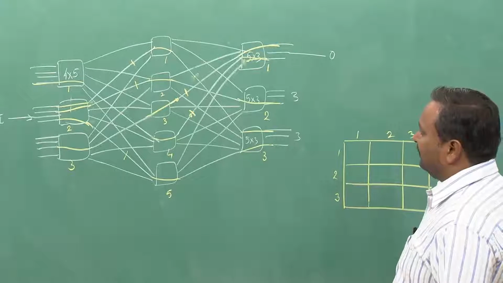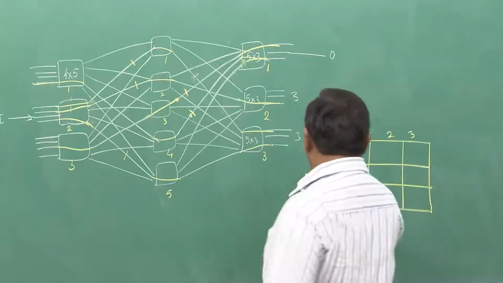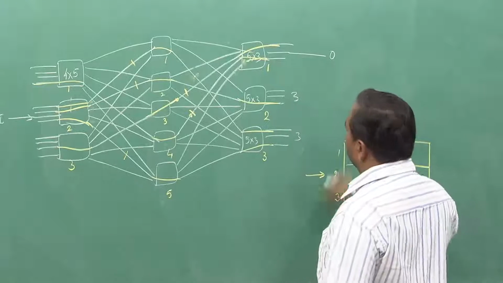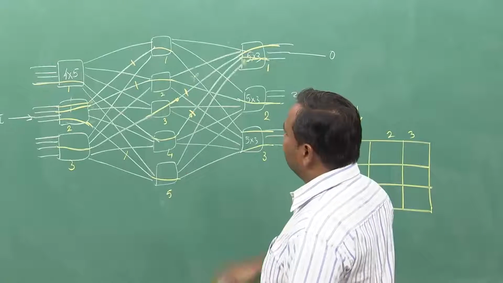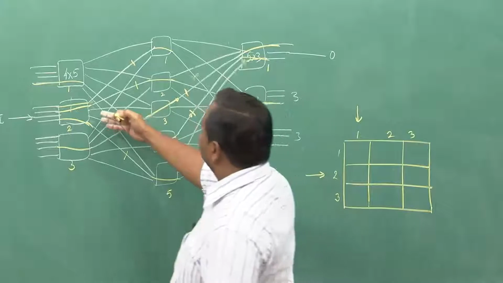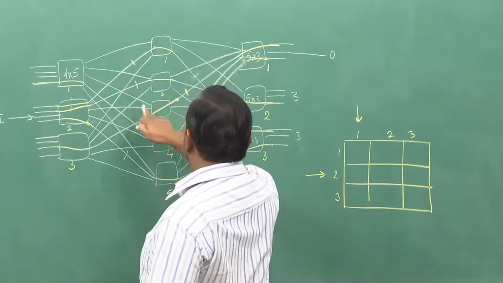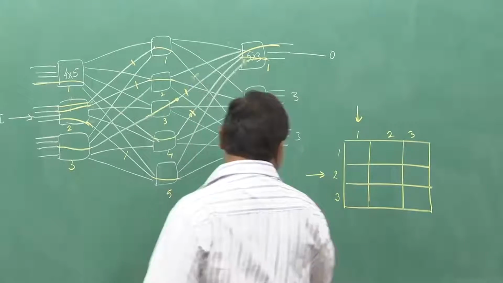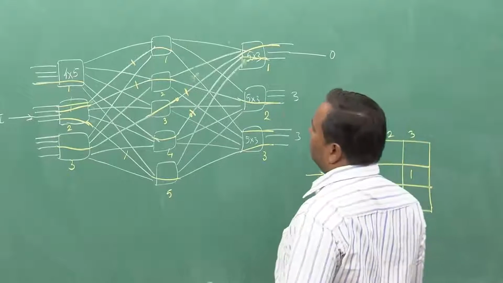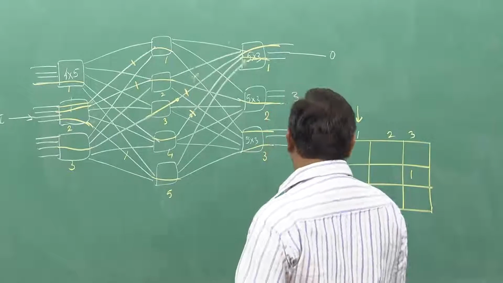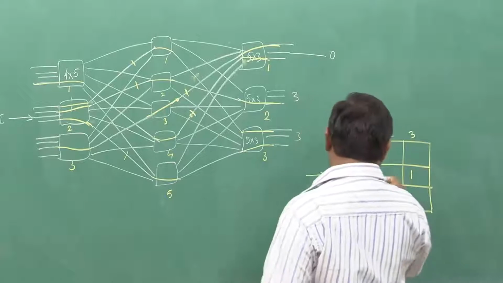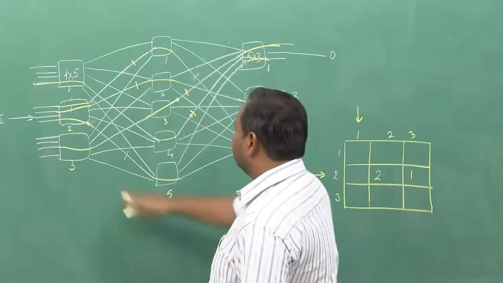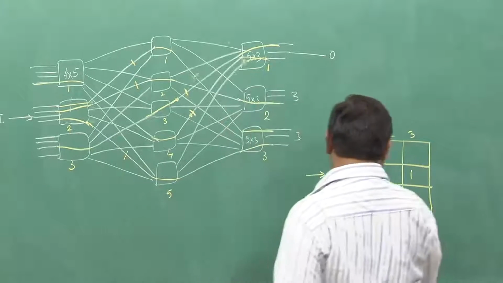So, you can actually look at, I am looking at this 2 versus 1. So, 2 is already occupied, 2 has actually connected via 1, and this is for the third switch. 2 is connected via stage 2 for the second switch. 2 is connected via 5 to the stage 3 switch,